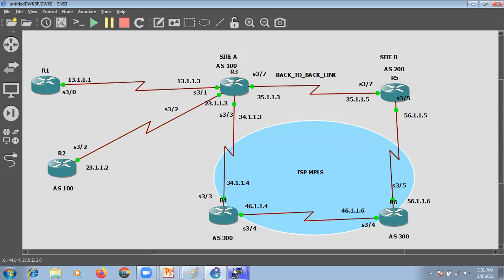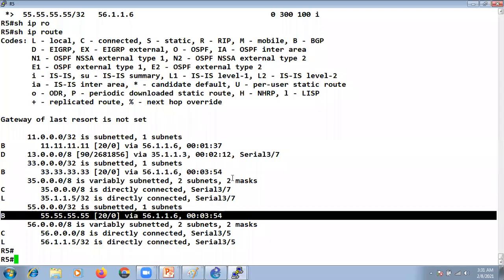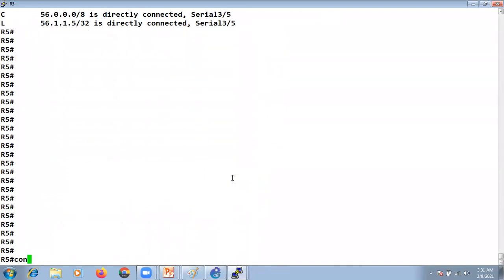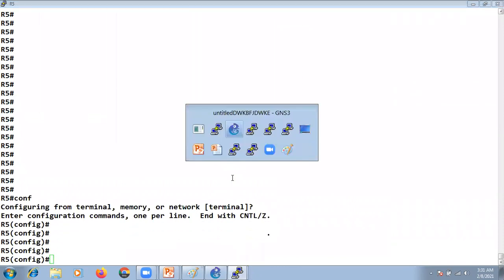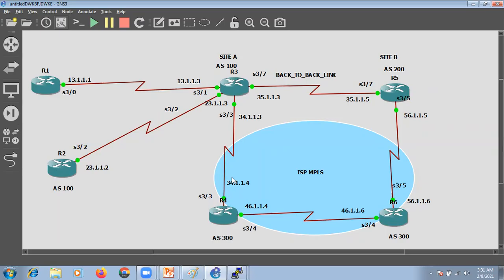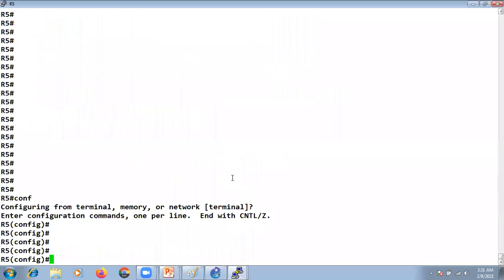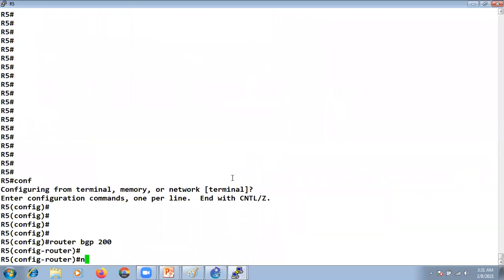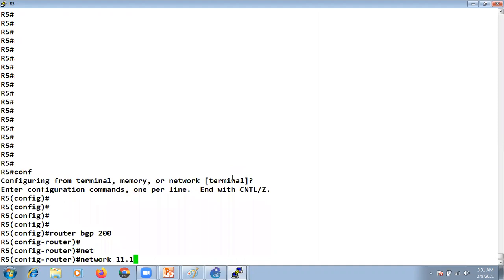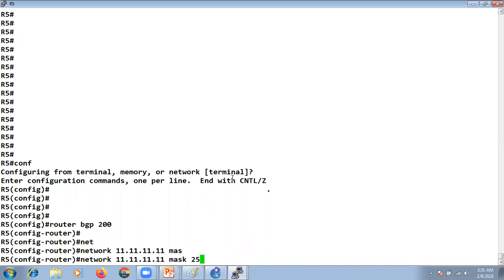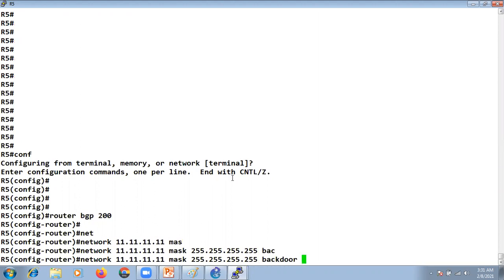So now what we can do is, if I go to R5, what is the BGP AS number we are using? 200. So I will go to the BGP process. I will say network 11.11.11.11 mask 255.255.255.255 backdoor.